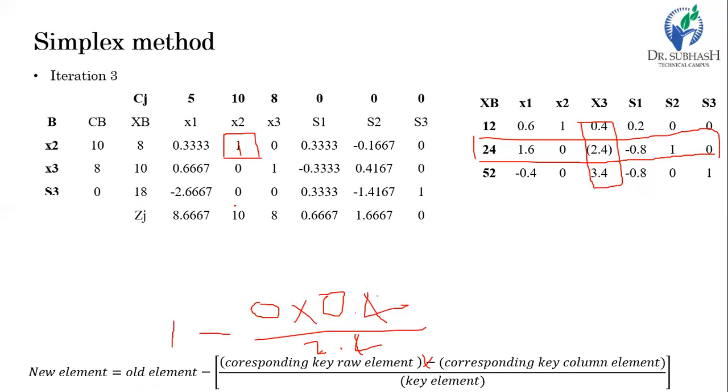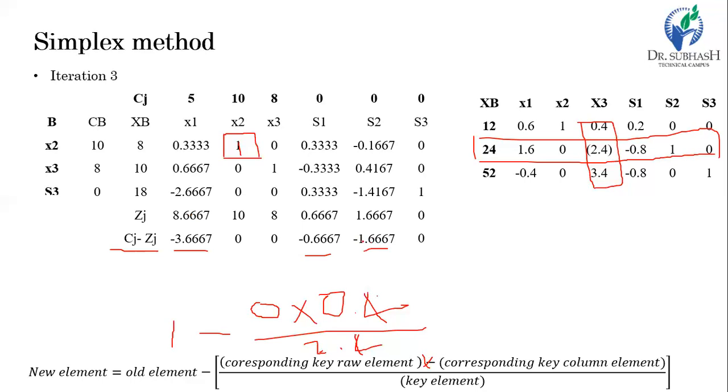So it is a 10 here, and the same way Zj for all the elements, and then Cj minus Zj, it is 5 minus 10, 8 minus 8, and the remaining values. So here all the Cj minus Zj values are either negative or 0. So the optimality condition is achieved, and no non-basic variable is present in the table at this point which has the capacity to improve our objective function.